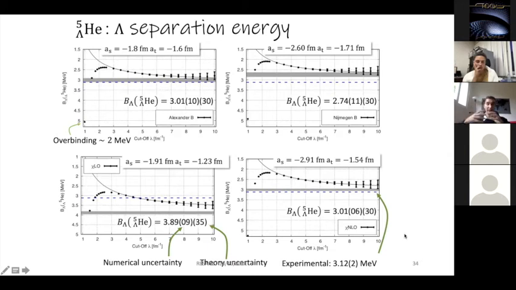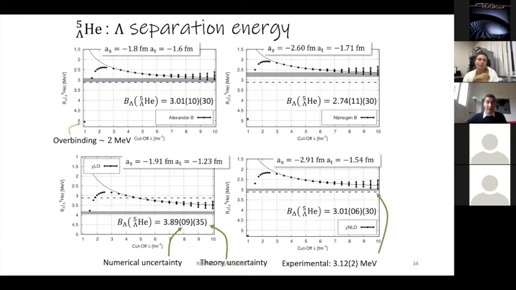And again, this is a leading order calculation, or if you prefer, from the philosophy of the first slides, this is a next to leading order, so we are just including the scattering length. So this tells us two things. The first one is that you can define a renormalizable contact effective field theory that describes 5-body hypernuclei well, but it also tells you that, at least with the experimental scattering length, you can overcome